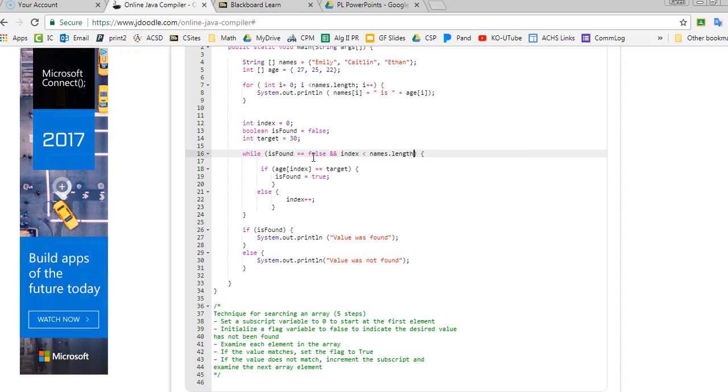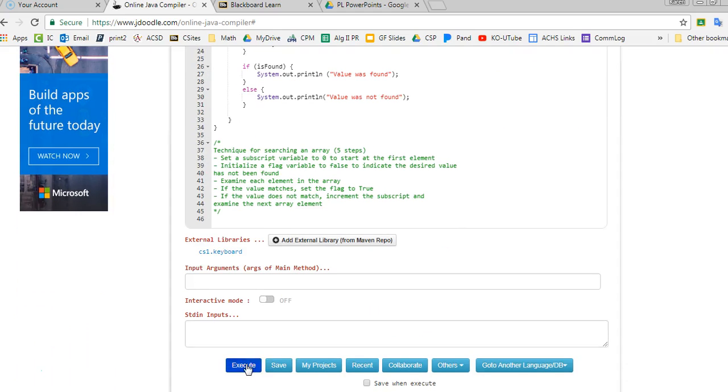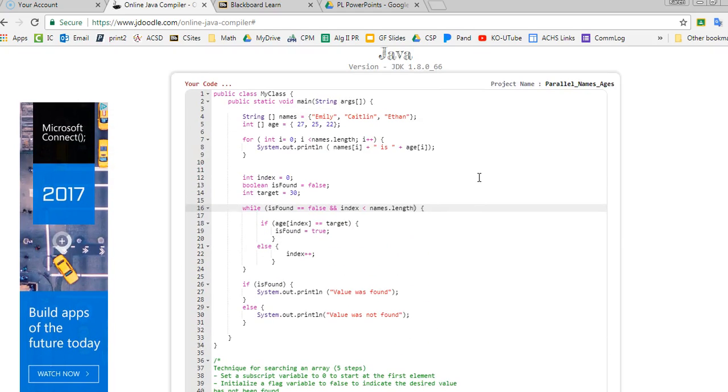Because if I don't test both of those conditions, in other words, I'm checking to see if I found it yet or if I'm already at the end of the list. If I'm at the end of the list, I don't want to check anymore. So I have to create what's called a compound conditional there. And so now the value was not found and it runs correctly. Okay. So I think my indentations are off just a little bit here, but